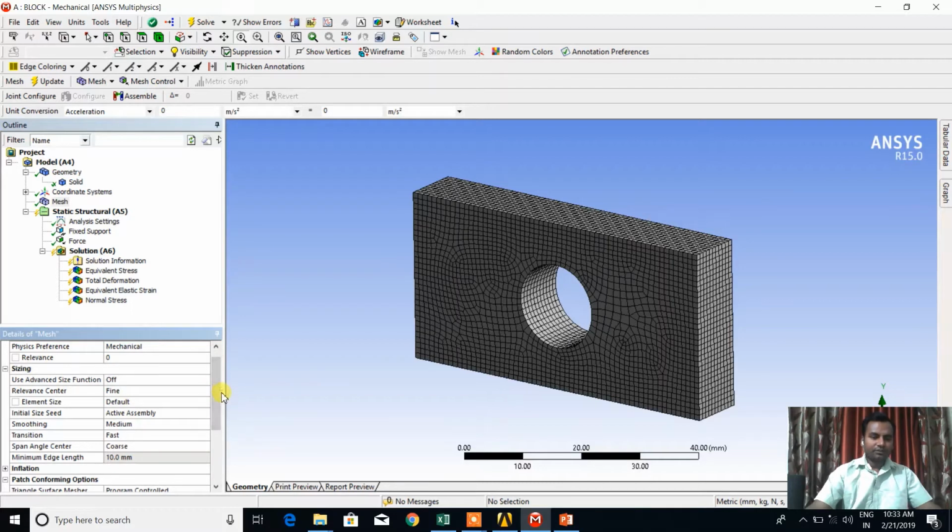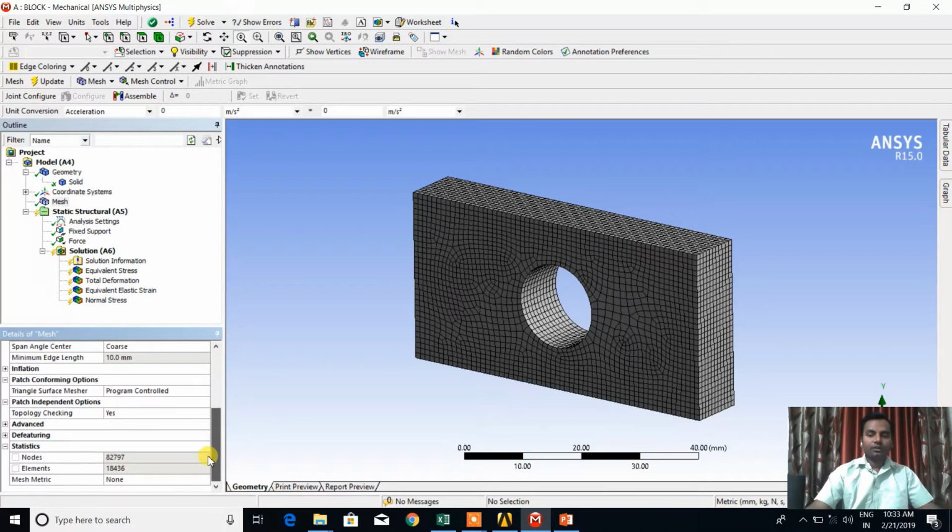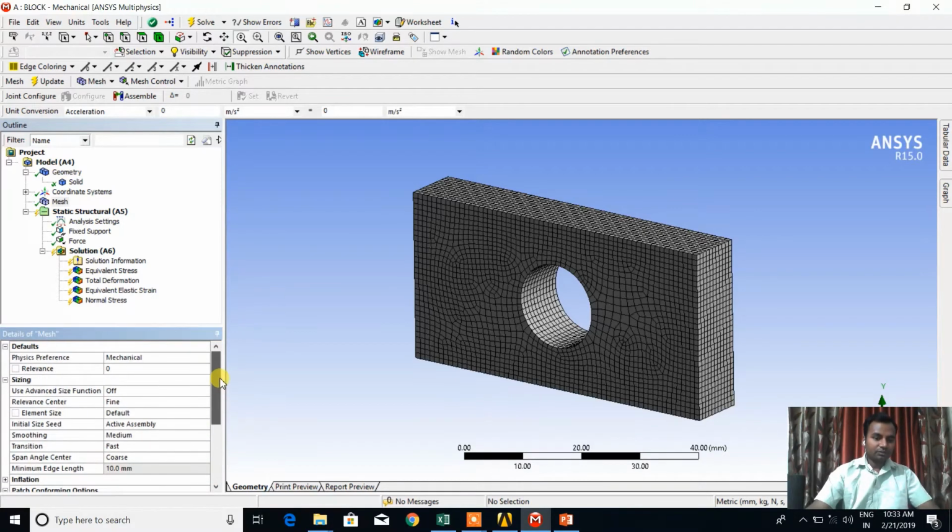After that, if you want a number of elements as per your convenience, we can give the element size to the geometry. According to the element size, the number of elements will change. The next step is the element size, which we will discuss later.